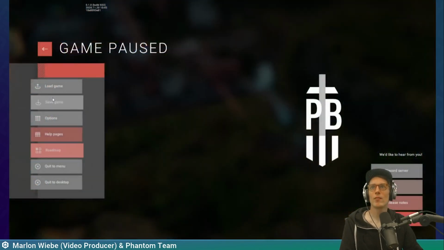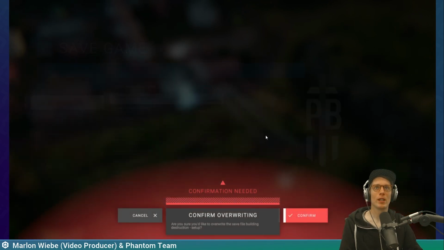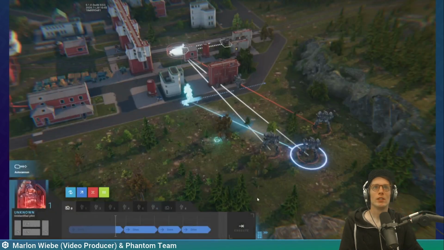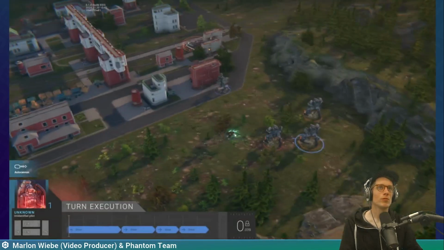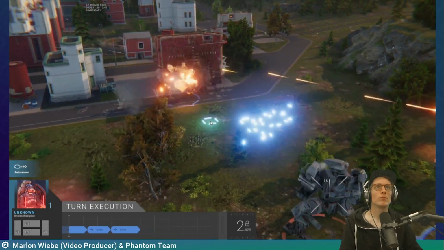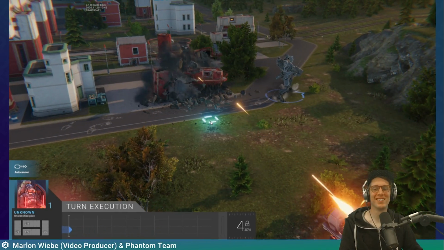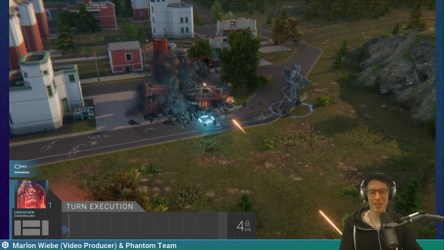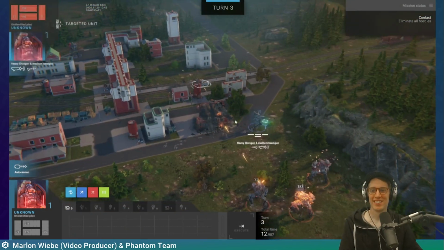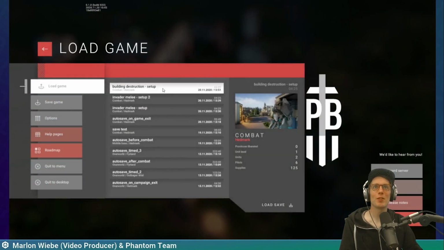Okay, we're gonna save that. I'm gonna save over the other one that I had. And let's just see how this goes. Oh yeah, there we go. Okay, got the building to collapse. Nice. So I just need to time it a little bit better so that